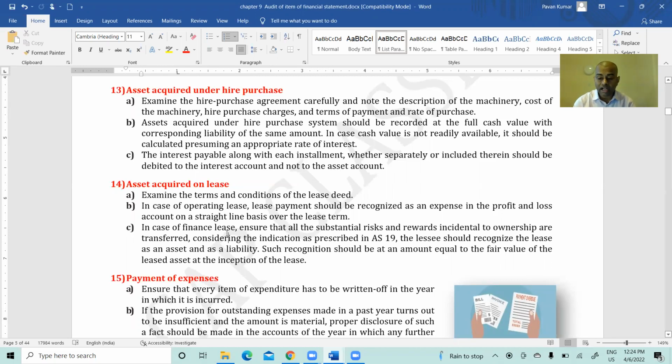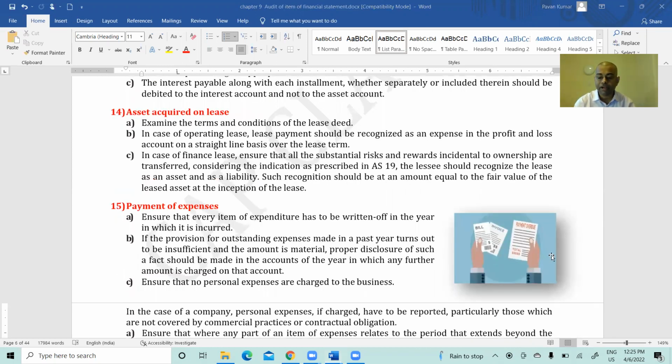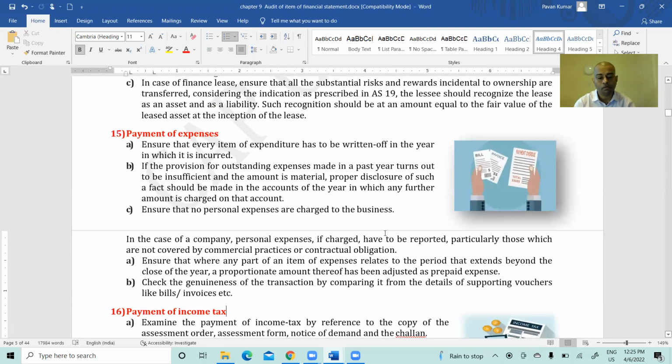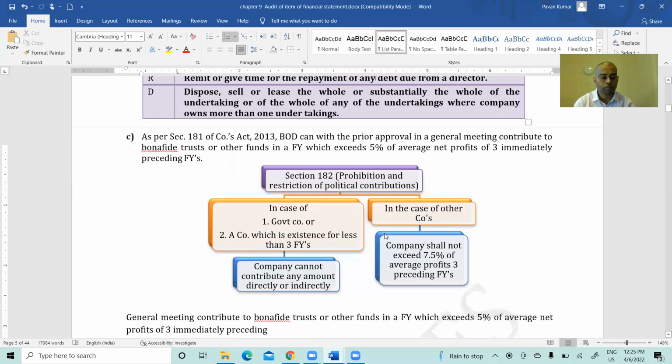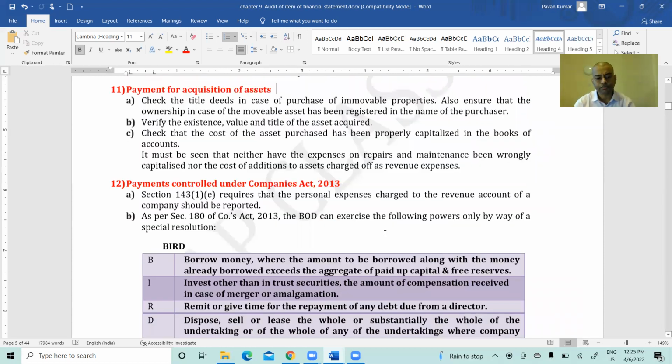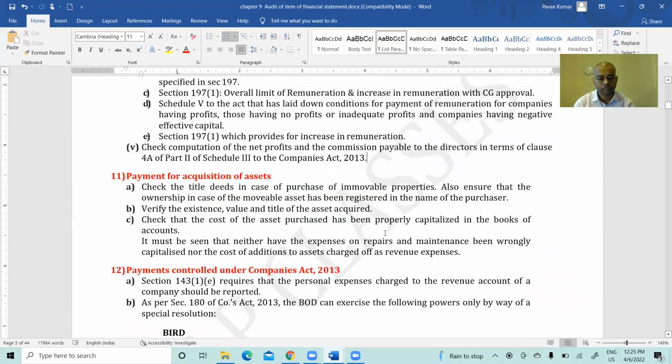Then we are entering into more generic questions like payment of expenses. Sir, in the 11th question, payment for acquisition of assets, actually, it is a transaction, right? Yes. So they have given the answer like verify the existence, title. This verify